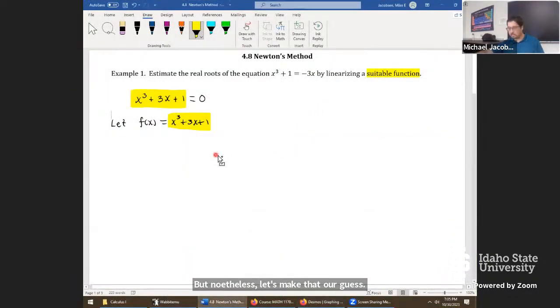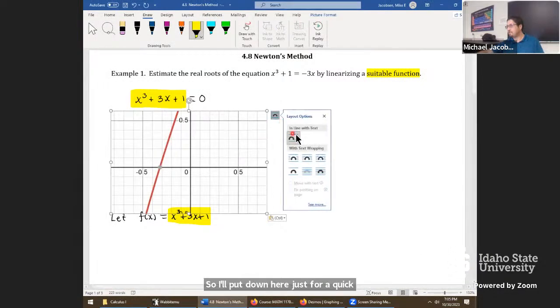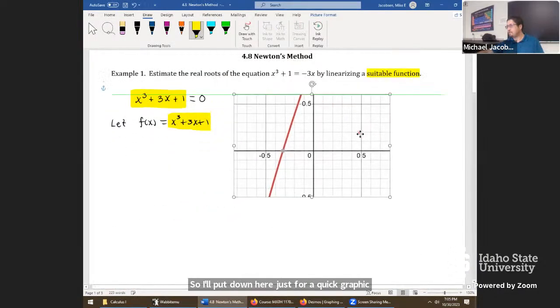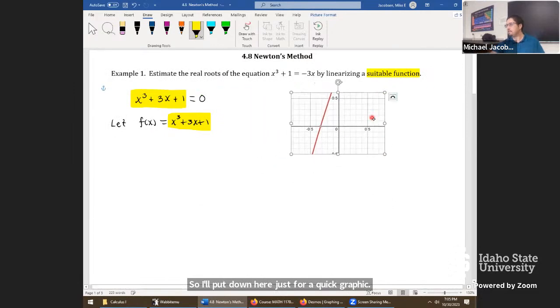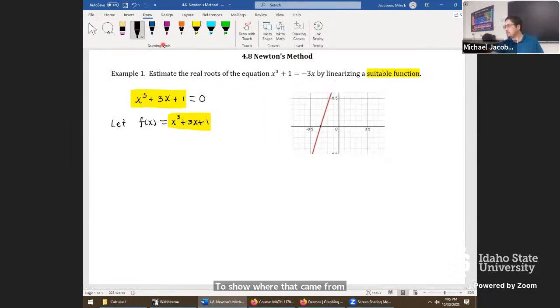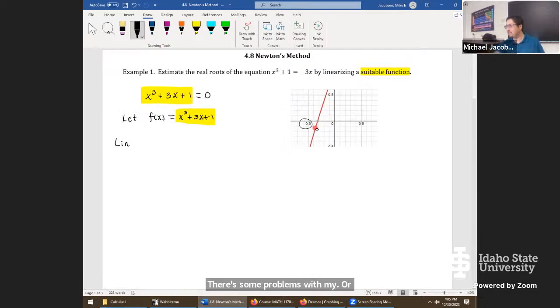So I'll put down here just for a quick graphic to show where that came from. Oh, didn't want that there actually. Let's use this value and say linearize. There's some weird problems with my Word document. Let's see if it stabilizes. There it goes. Linearize f of x